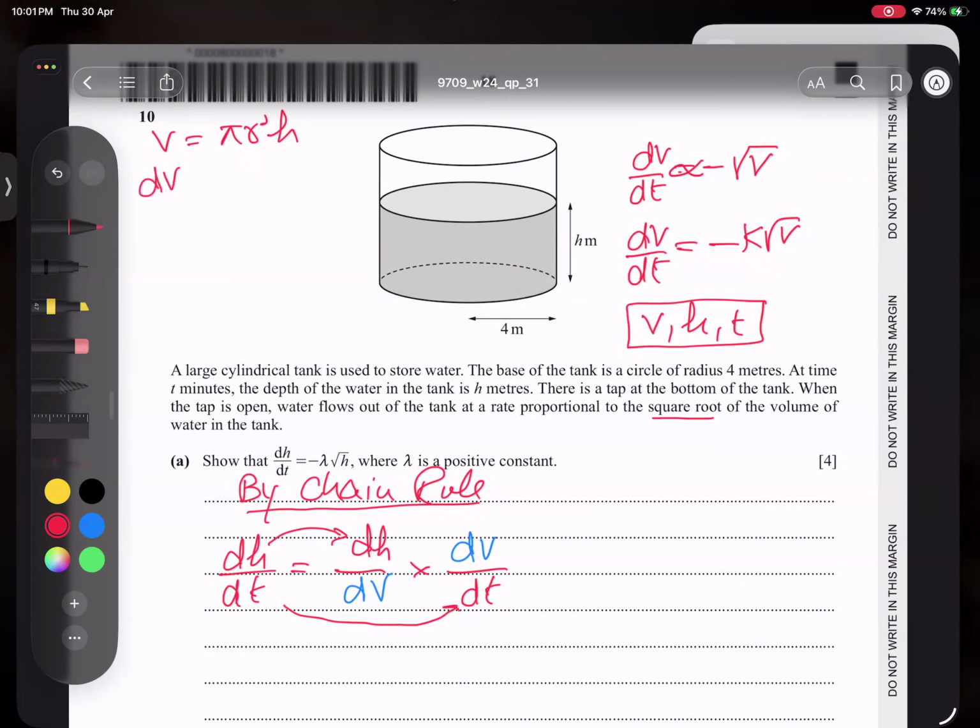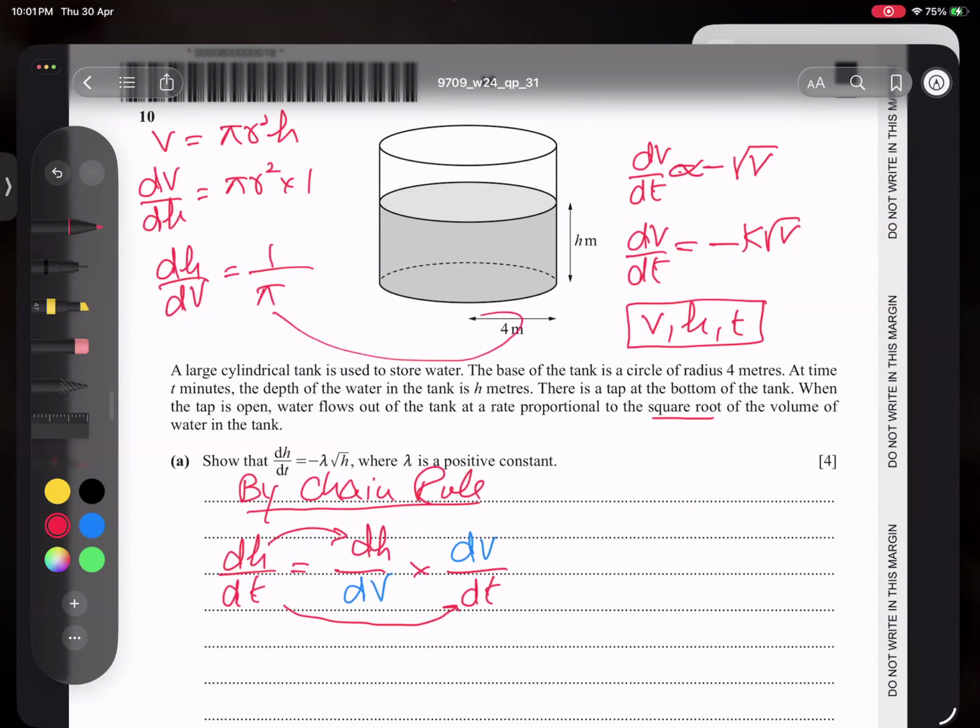So dv over dh, pi is constant, and you know r is fixed. R is not changing. So r is fixed now, and height becomes 1 because I'm differentiating with respect to h. So h derivative becomes 1. So I'm getting pi r square. This is clear, and now I can plug in this, but it's reciprocal, students. So when I do reciprocal, dh up and dv down, so I get 1 over pi r square, and